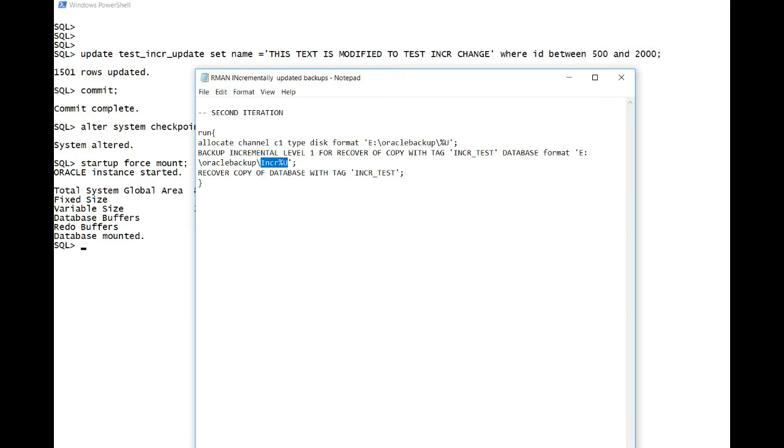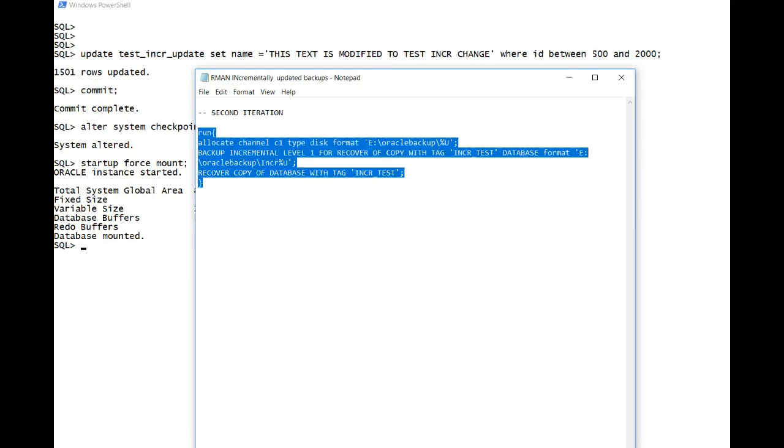Okay, so an image backup is nothing but a byte for byte copy of your data files. So those changes will be applied to the data file. Then in case of any disaster, you can just switch the data file to the copy. So at that time you need not worry about applying all the incremental backups. Okay, so let me demonstrate it for you.